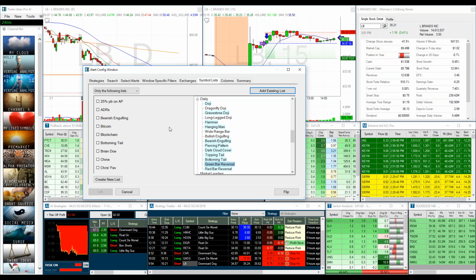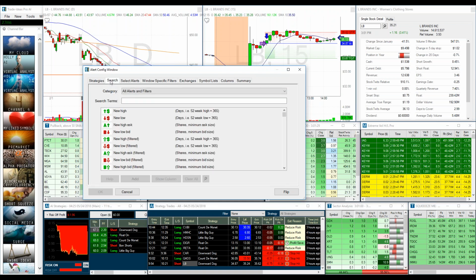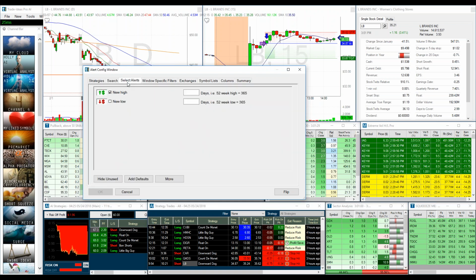So what I've done is I've taken this bullish candlestick symbol list and I've created a strategy. Okay, here's my strategy. I am looking for stocks hitting a new high. Now this is today's price action. What I'm working with now is only talking about today's price action, but everything is predicated by the bullish